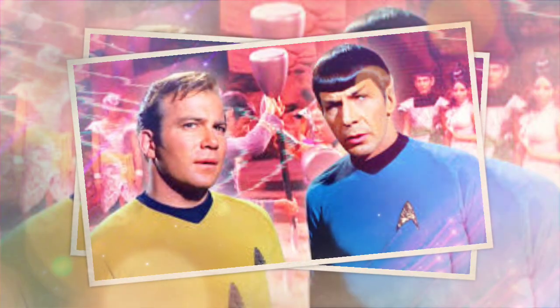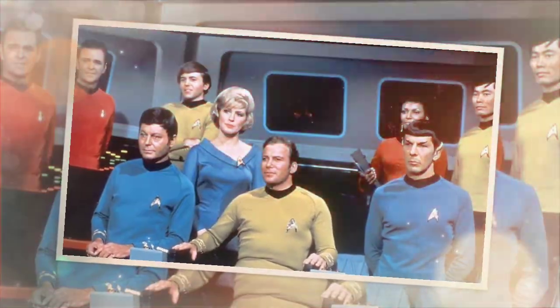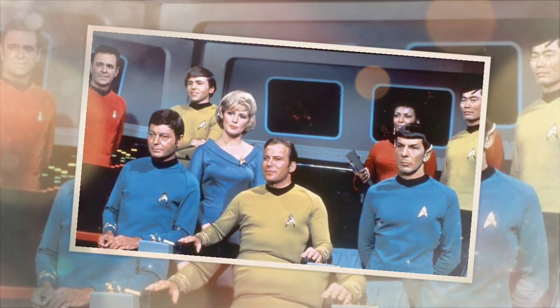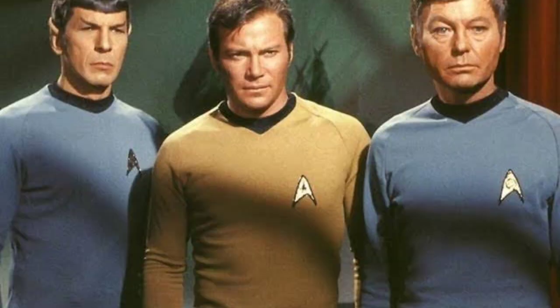2. Balance of Terror. This tense submarine-style battle with a Romulan bird of prey is one of TOS's most gripping episodes, and a deep look at Kirk and Spock's shared moral core. The plot pits them against a cunning Romulan commander, and Spock's resemblance to the enemy sparks prejudice from some crew